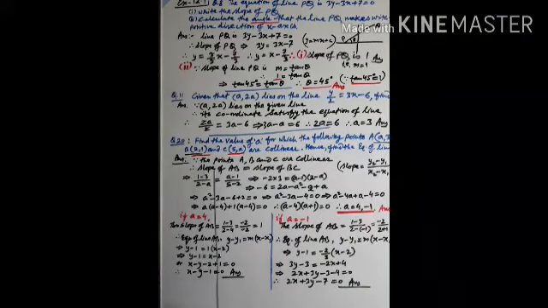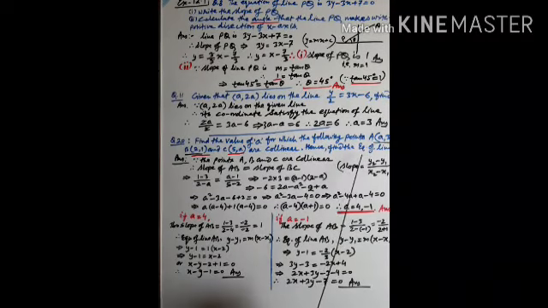So what you do, since the points A, B, C are collinear, it is given the line is collinear. So if the points are collinear, then their slopes are equal. That means slope of AB must be equal to slope of BC. If they are collinear, this is the condition that should be satisfied. So therefore slope of AB equal to slope of BC. Now slope of AB, you know that formula for slope.